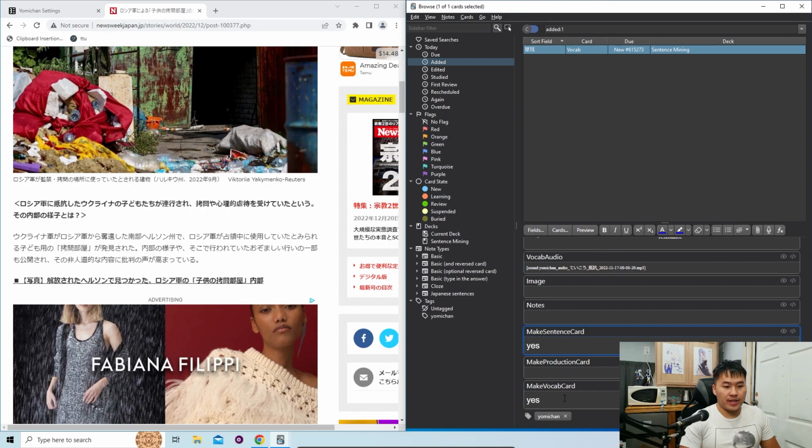Let's go ahead and put yes. And then I will be explaining all of this stuff in more detail in the 5th video of the series where I go through the sentence mining workflow, but this is just to get you introduced to the conditional fields. So I went ahead and put yes in the make sentence card field, and notice how I took it out